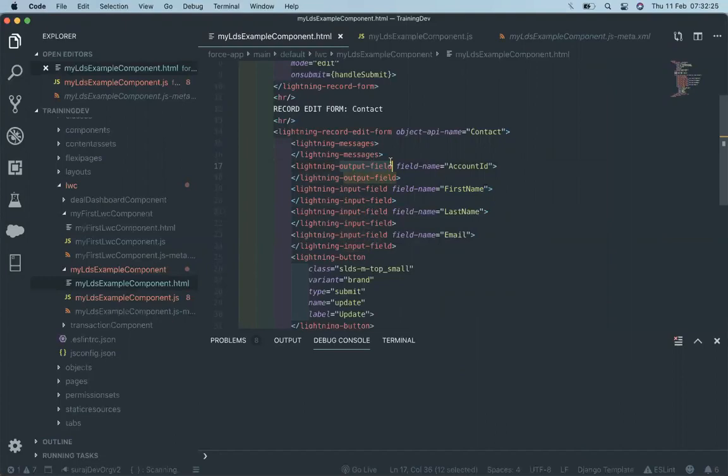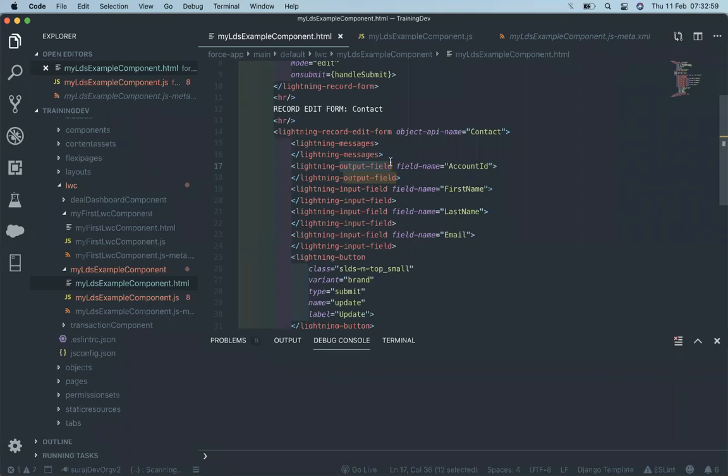If that field is required, then it automatically becomes required for that particular page and layout. If that field has some permission that the current user cannot access, that permission is also applied over that field. So whenever you are using the input field in Aura, LWC, or on the VF page, all three views present in Salesforce have the input field.